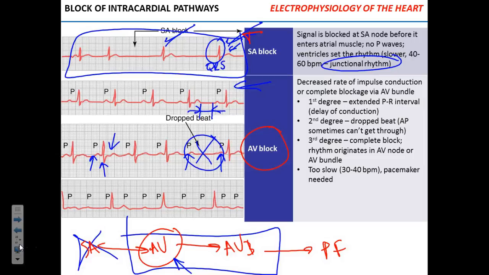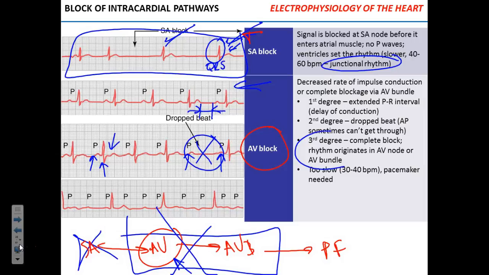If you take EKG from pretty much any person for a long time, you will see a dropped beat. It happens. From time to time, it happens in even the healthiest person. Okay. So it's not something to get completely freaked out about. Unlike third degree heart block, when the block is complete, so there's no signal that gets through the AV node. Does that make sense?